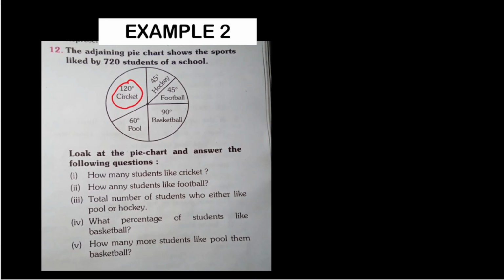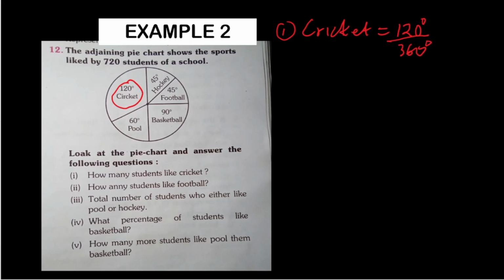So for cricket, number one, the question is how many students like cricket? So how do we do that? The degree of cricket is 120. So we're going to say cricket, which is 120 degrees, out of the total degrees we have in the circle, which is 360 degrees. So that would be 120 divided by 360